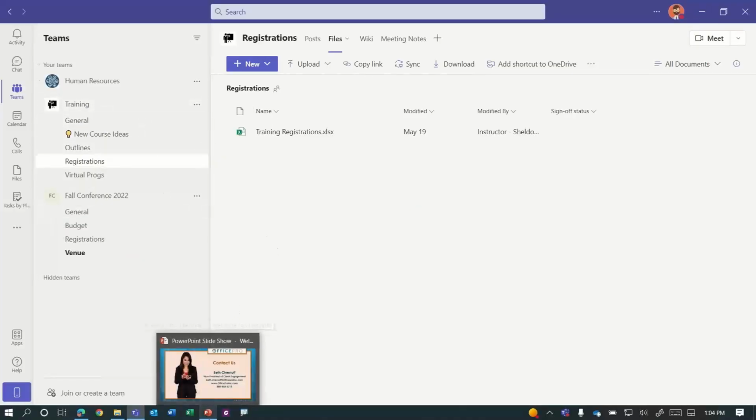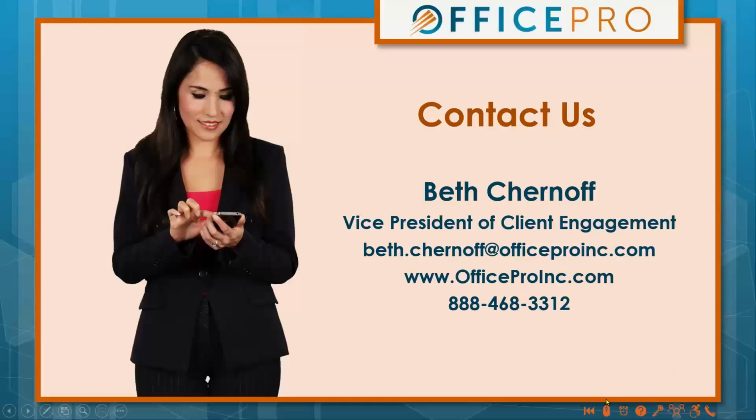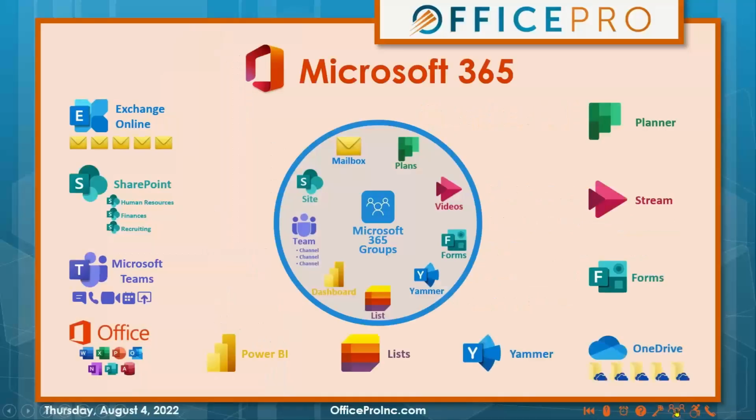And what we just saw was, let's go back here. So what we just saw was that even though I was able to share and access files from the teams and the channels, the files that are shared there, because it's part of the group, were hosted in that team's corresponding SharePoint site. All right.